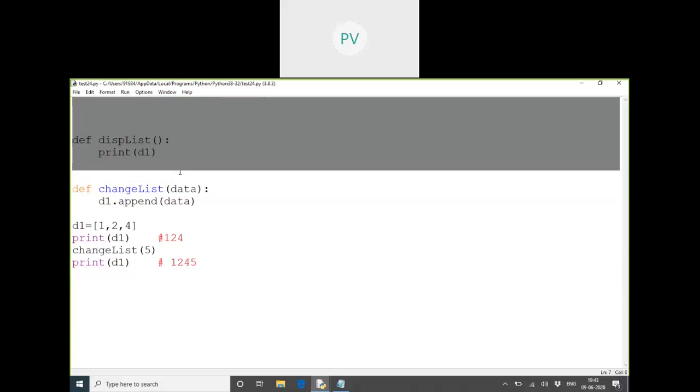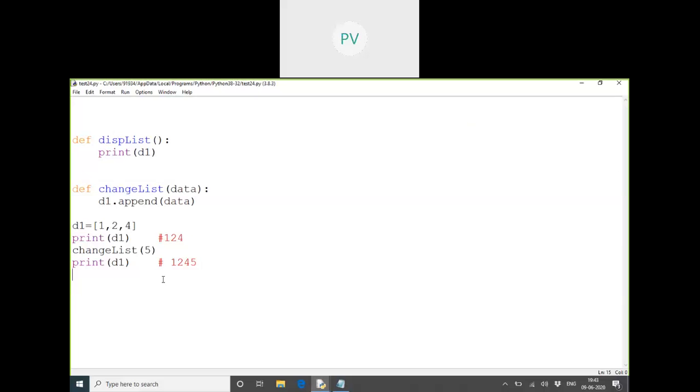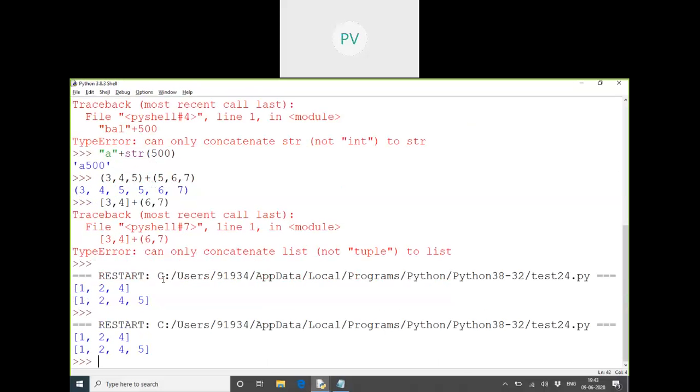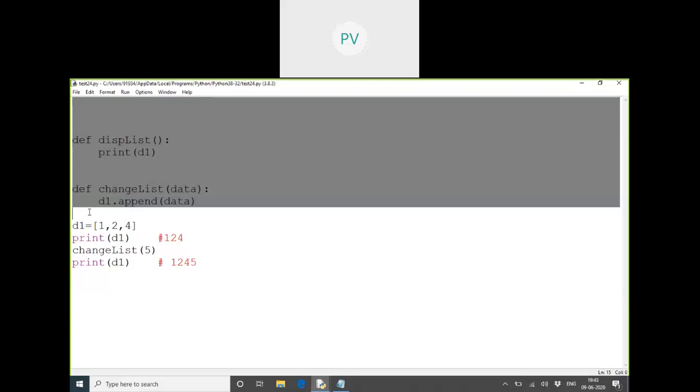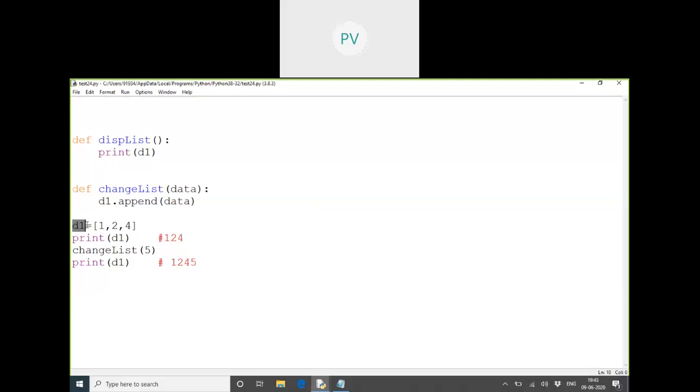Interpreter. So when I run this file directly with F5, when I'm interpreting the file, what is happening first? It will check the whole code and out of that, what is the data here? D1. So D1 is the actual data which will be loaded first in the system.